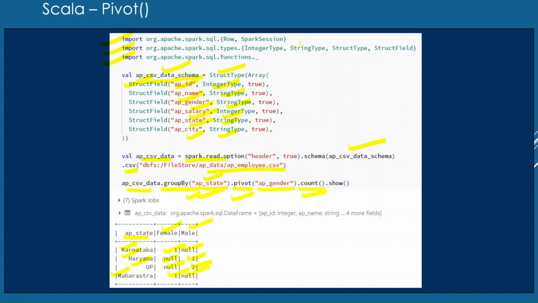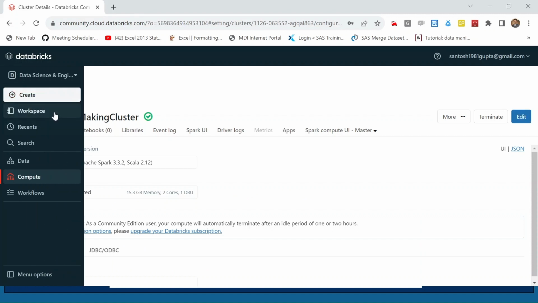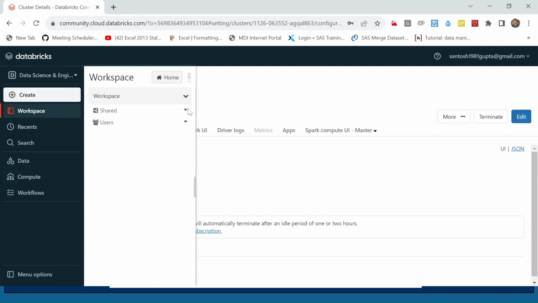In this exercise, up to the creation of this data frame by reading the CSV file, I am going to copy the code from one of my previous exercises, and I will show you how this pivot function works in Scala. So let's go to Databricks. Let's create a notebook.